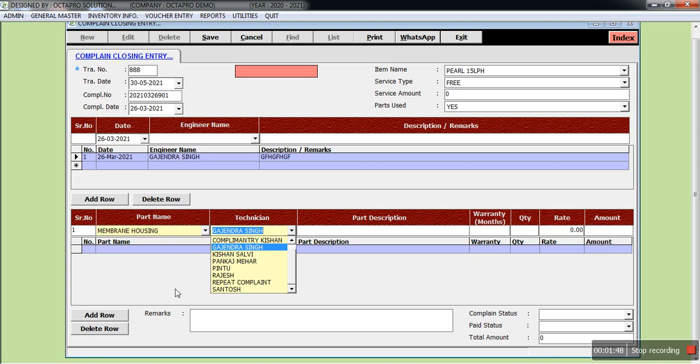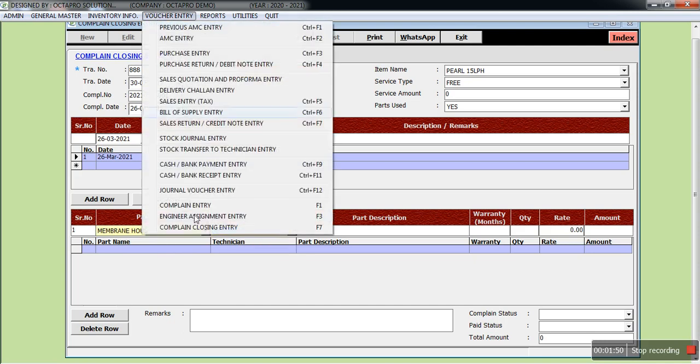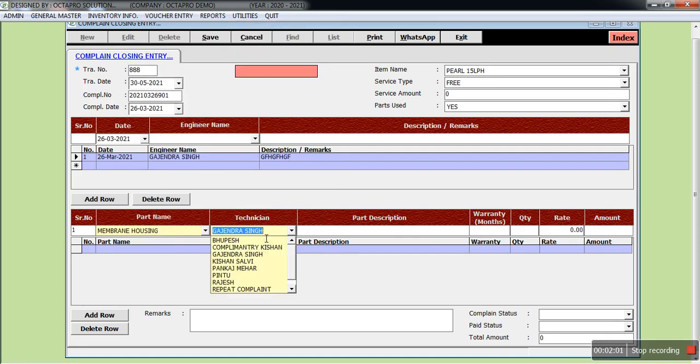Go down. To make you understand a little bit, I will go into detail. Here is an option for transferring stock to a technician. It means you can give multiple parts to technicians, and when they use these parts while resolving the complaint, those parts will automatically get deducted from the accounts, and you can also check the technician-wise stock.